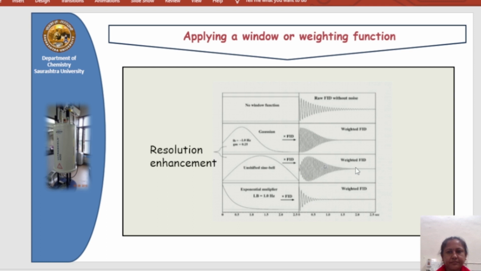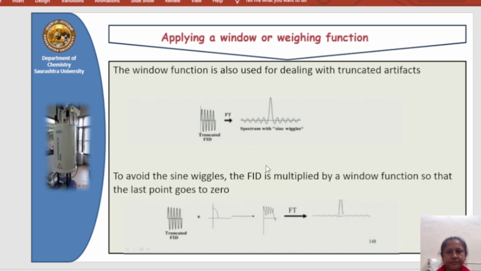So here you can see the length of FID is high. You can say the length of FID is very low. Here it is the exact FID, so you can get the intense peak. So this depends on the length of FID, and it is also related to the T1 and T2, I mean preparation delay as well as the acquired time.